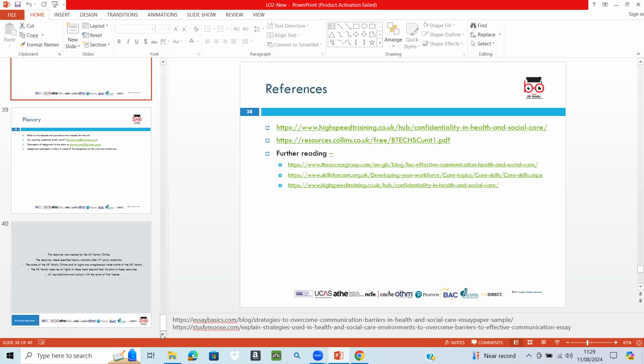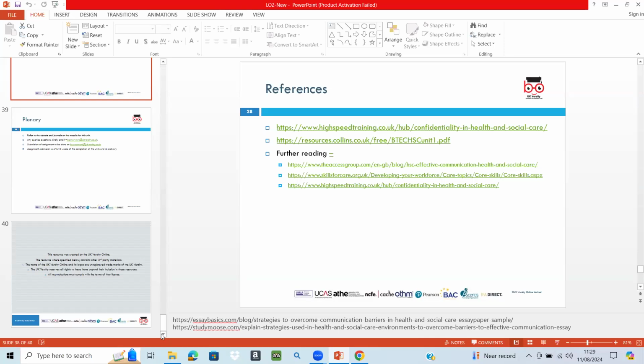We also discussed how different tools such as British Sign Language and technological devices can enhance communication with service users who have specific needs. We also discussed practical strategies for communication, such as the environment,